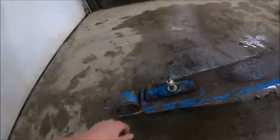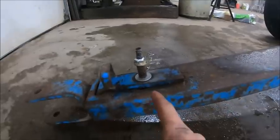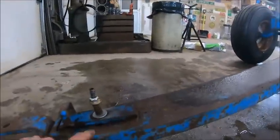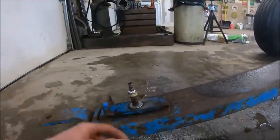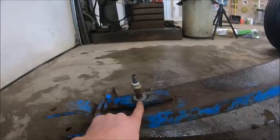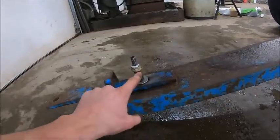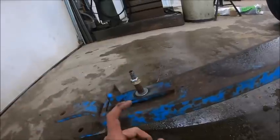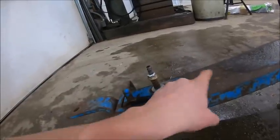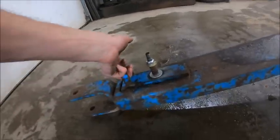All right, well, I couldn't get it perfectly straight. It's got a little bit of a kink in it because it had two kinks in it. It had bent hard over this piece of flat stock, and then up a little higher, it had bent again, so it had like a double kink in it. It wasn't just in a curve. So it was hard to get that out, but I got